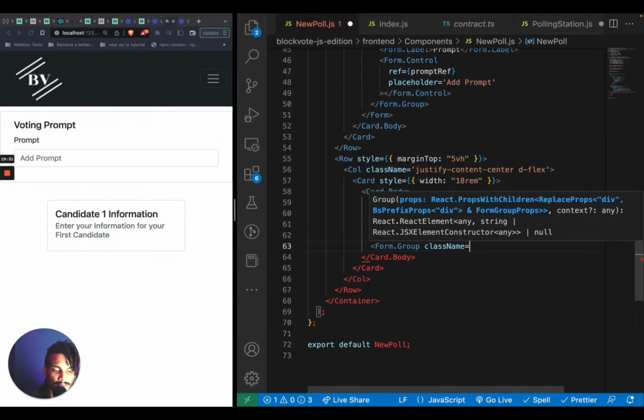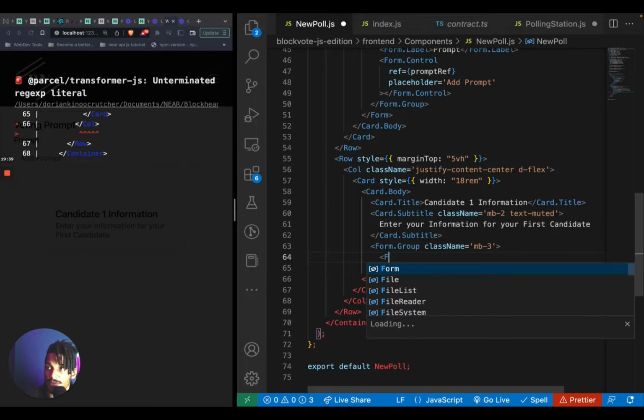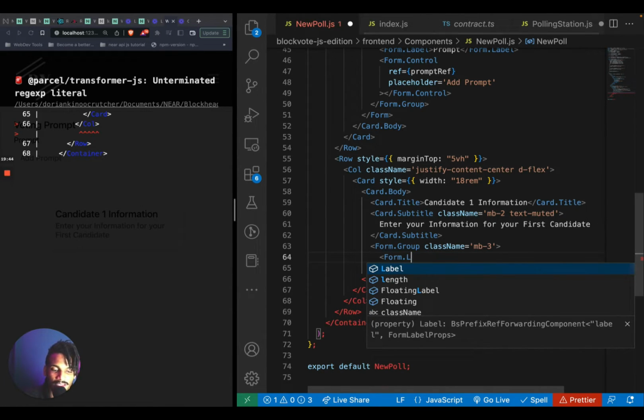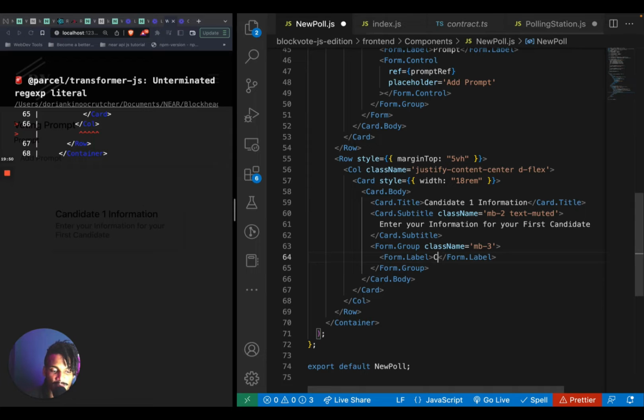Class name is equal to MB-3. If you're wondering where we're even getting these class names from, and hopefully don't get too confused with those, those are straight from React Bootstrap, honestly, like the actual website and documentation. They're just corresponding to different types of stylings that React Bootstrap comes with, but I'm just using the default ones for now. So form label candidate 1 name